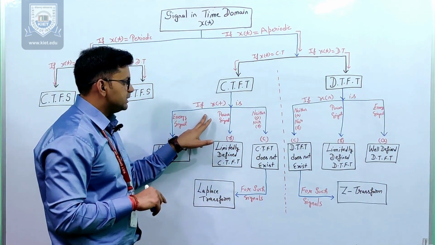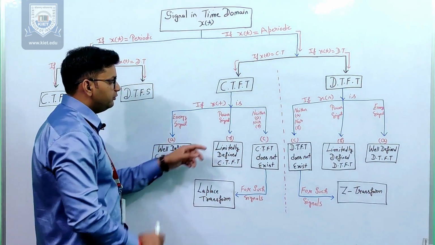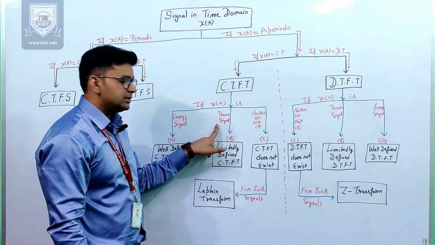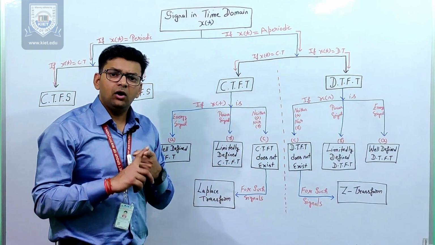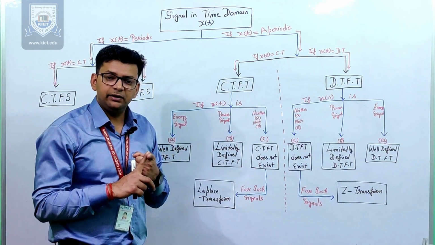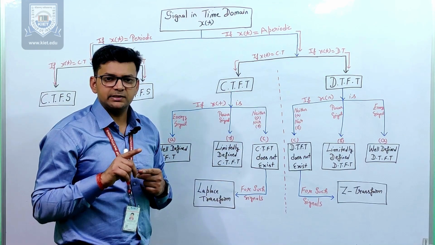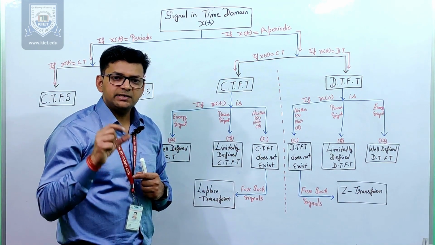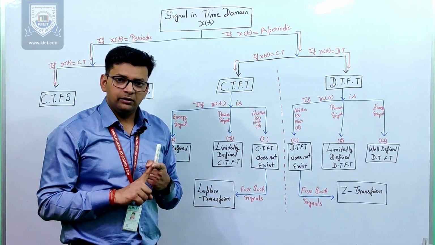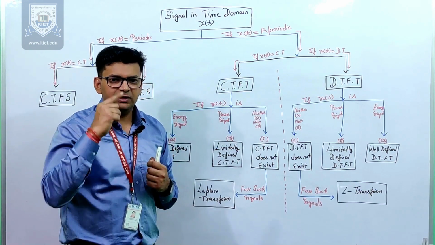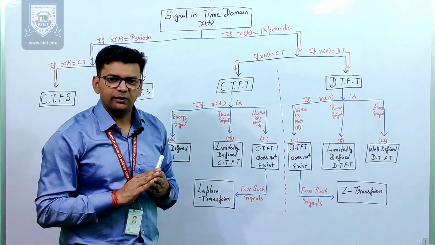So we have categorized x of t into three basic categories. First, if my signal is an energy signal. Second, if my signal is a power signal, which means the signal is not absolutely integrable but it is bounded. Always keep in mind that the word bounded is defined for the y-axis only, not for the time axis. If I say some signal is bounded, it means its amplitude lies between some finite values. Like sine theta, its value lies between -1 and +1. Cos theta, again its amplitude lies between -1 and +1, right?